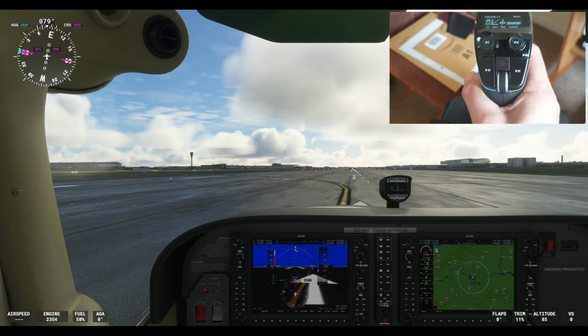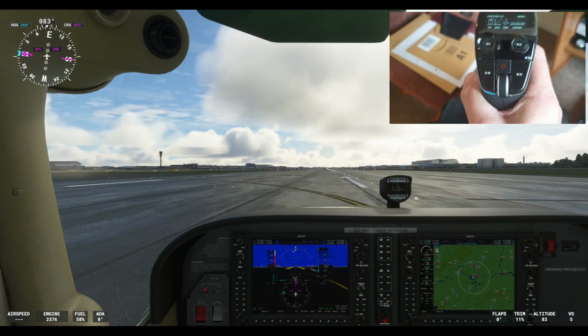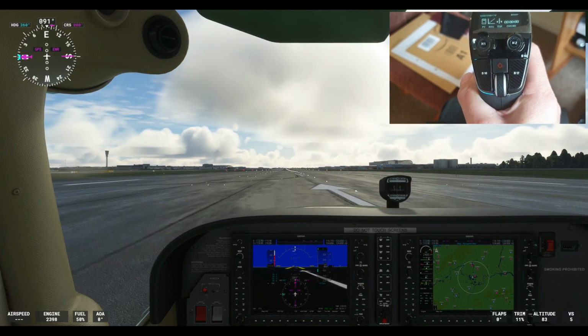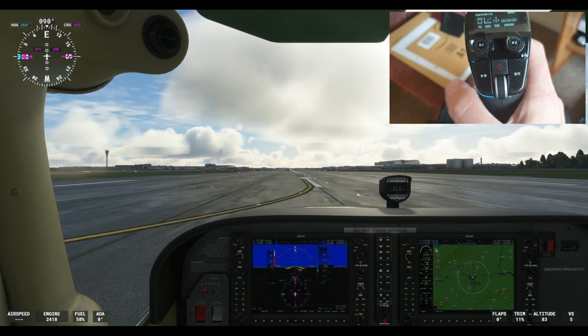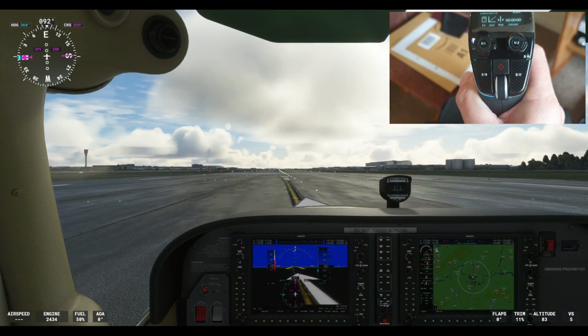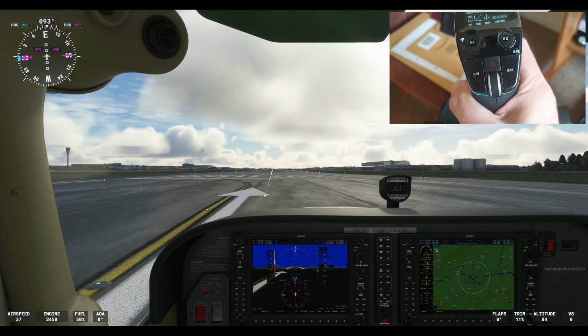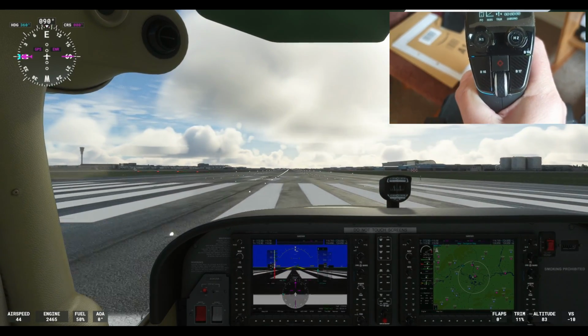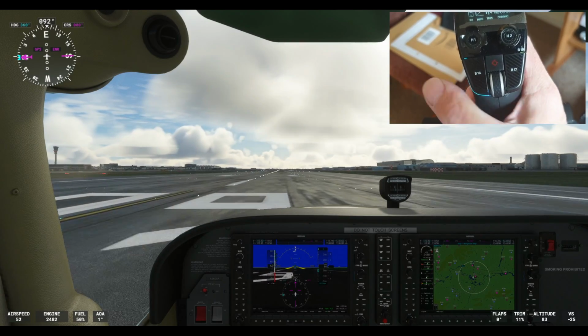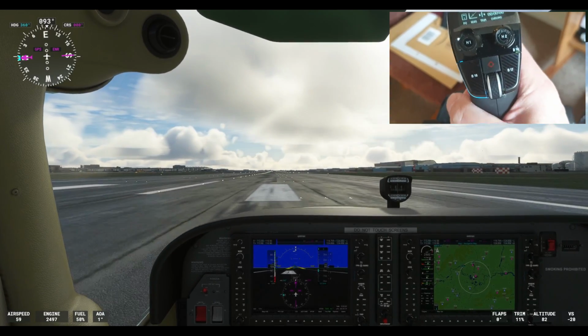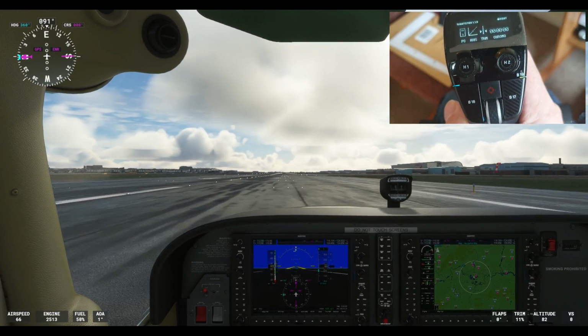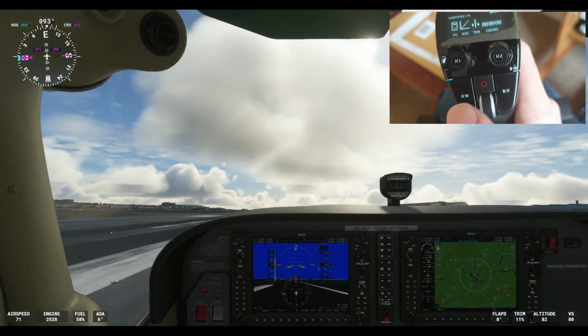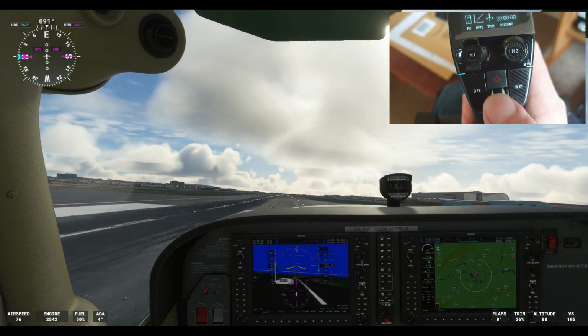In this video I'm going to be showing you and talking about the issues with the Velocity 1 flight stick and yoke trim wheels. I'm going to show you a couple of workarounds, a workaround for me and a different solution by a different person that I've come across, and actually talk about what the issues are with the trim wheels, what's causing it. Let's just take off here, and I'm just going to use my trim wheel,